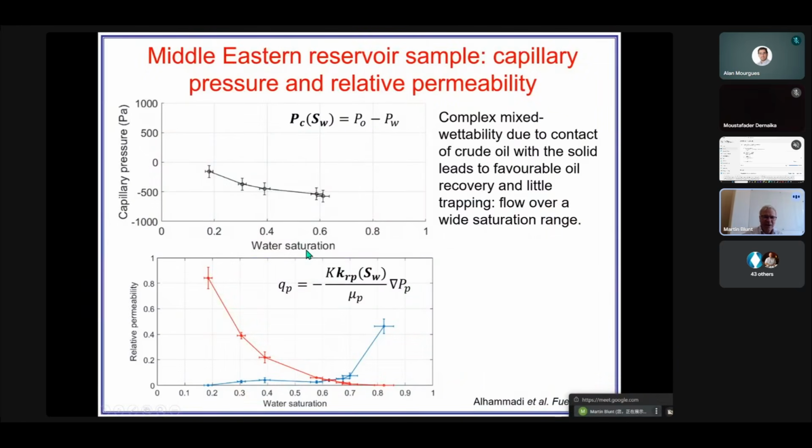So here are the relative permeability and capillary pressure characteristics. The capillary pressure is negative. There is a small positive region to begin with, but now it's negative, but quite small and negative. You're actually getting quite a lot of displacement over quite a narrow pressure regime, and then the relative permeability